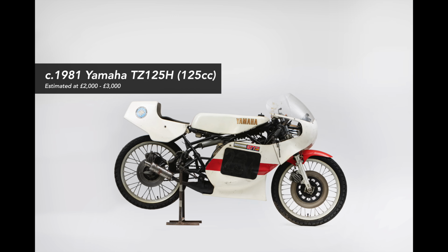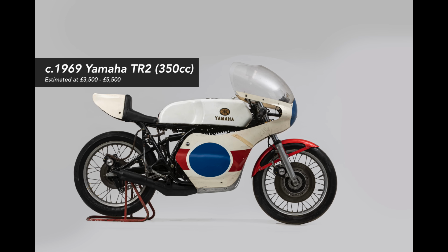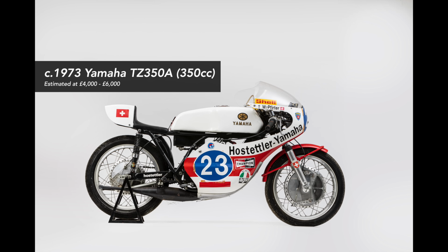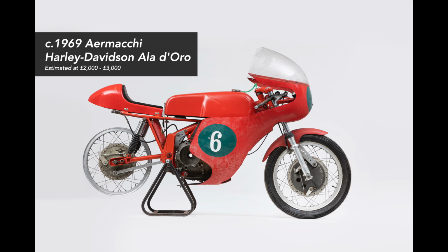We always have a great selection of race bikes, and in particular for the autumn sale, we've got the Warwick Blackwell collection. Well-known personality at Stafford, someone who again was a regular attendee at our sales, and it turns out he had an amazing collection of race bikes, which my colleague James has consigned to the sale. And when he went to